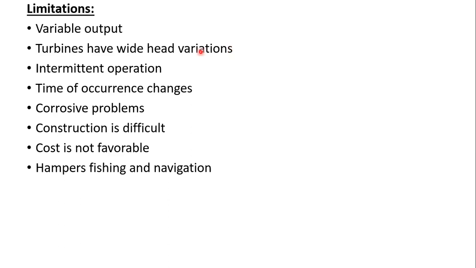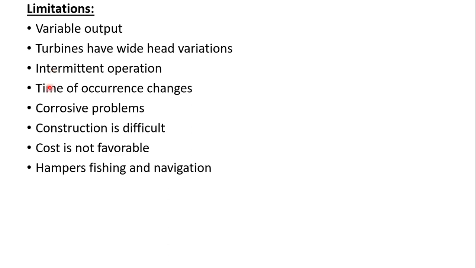And third one is intermittent operation. Okay, so since tidal power generation depends upon the level difference between the sea and the inland basin, it has an intermittent operation. That means it is feasible, that is accessible, only at certain stages of the tidal cycle. This intermittent pattern will be improved to some extent if you multiply the basins, and if you go for a double cycle system, this intermittent operation limitation can be overcome.